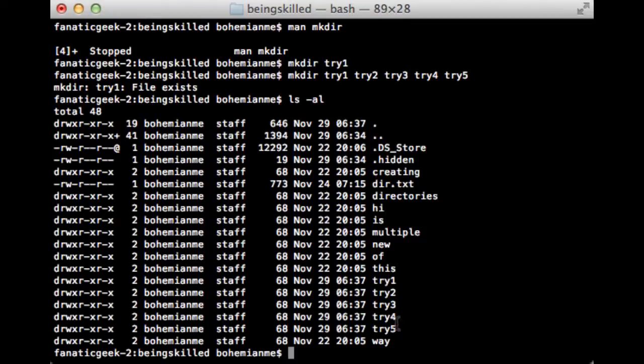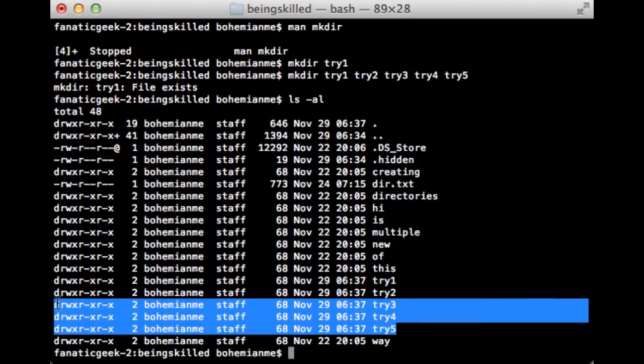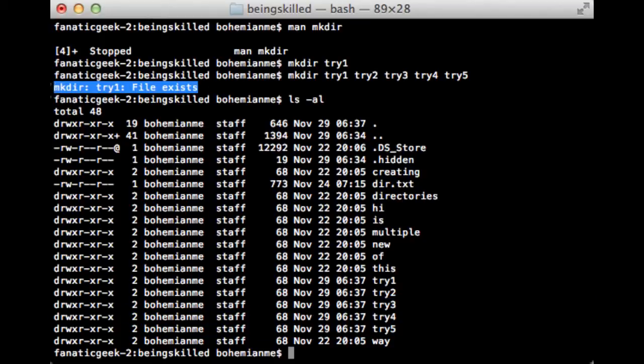We faced a problem, an error showed up over here, which is because try1 was already created. So it ignored the first one, but it continued with the rest of them. So now we have 5 different directories.